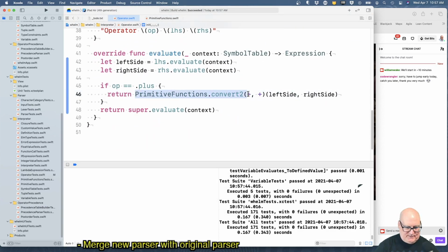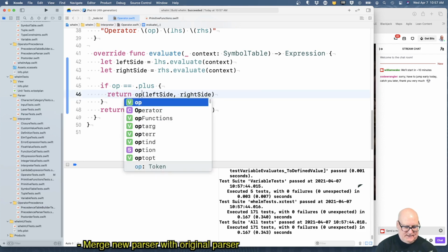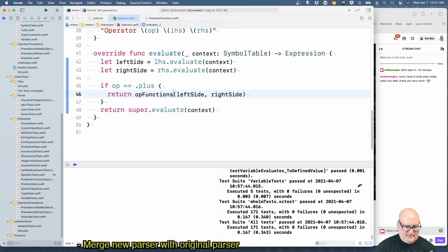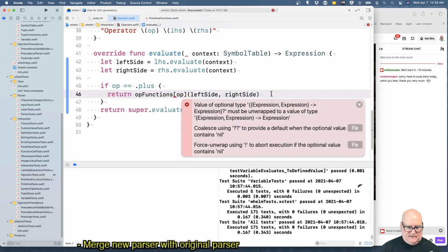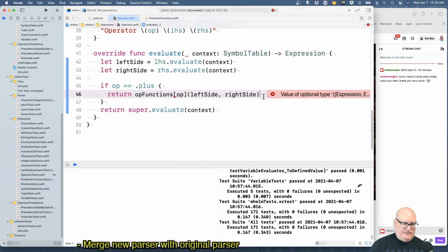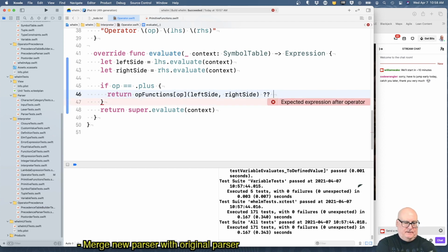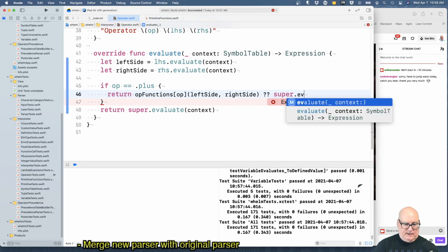Equals op functions of op dot left side, right side. Or, well, if we don't have anything, I think this is where super.evaluate goes.